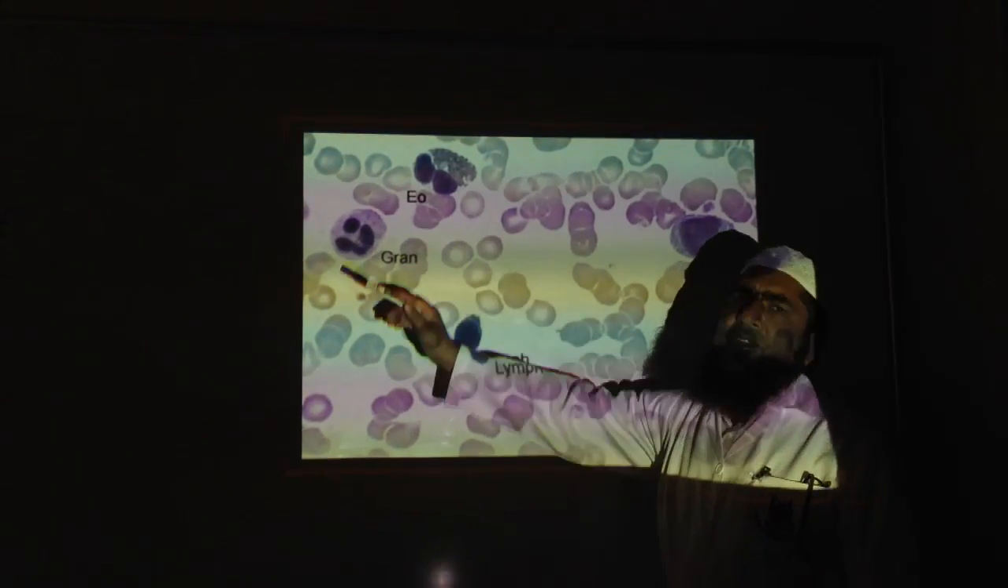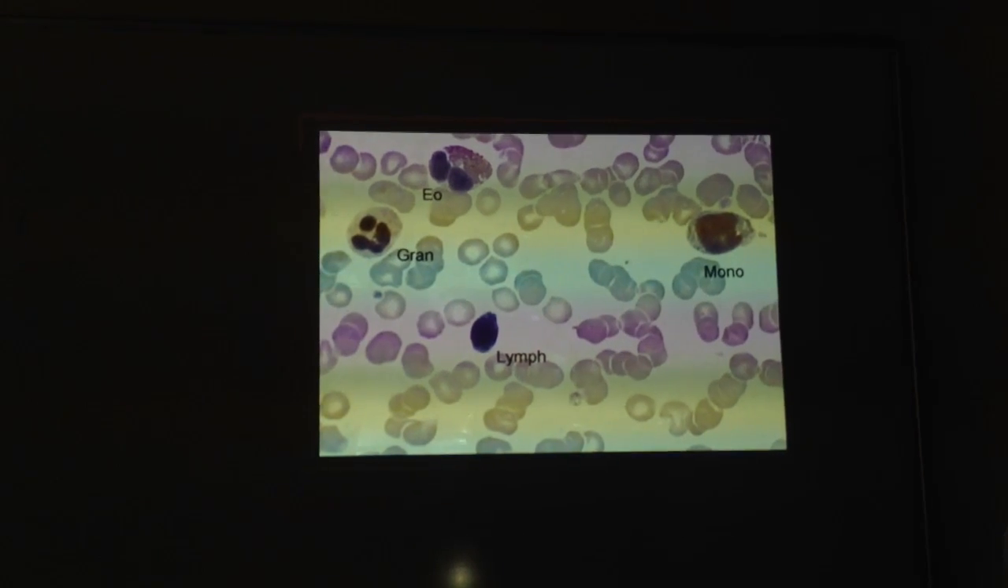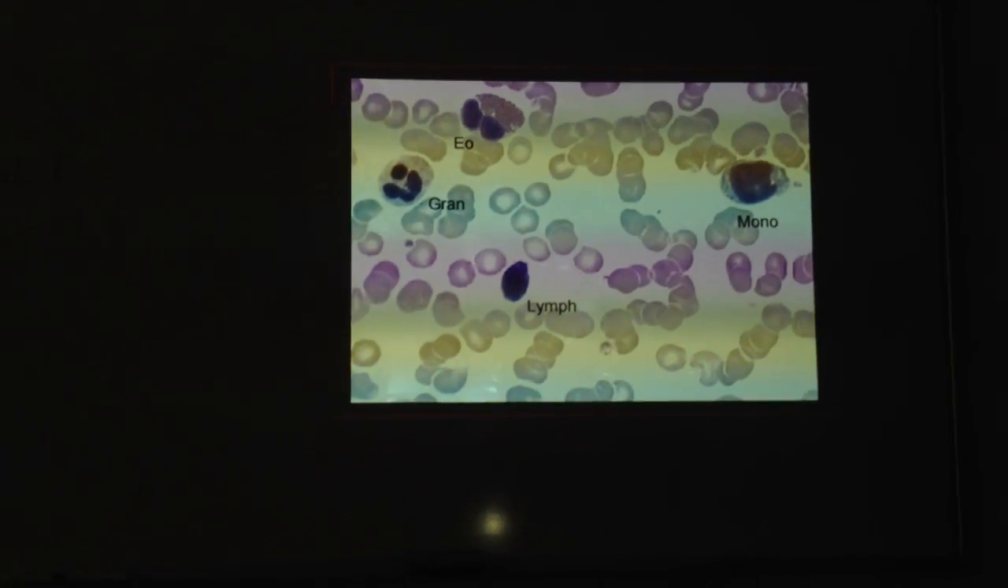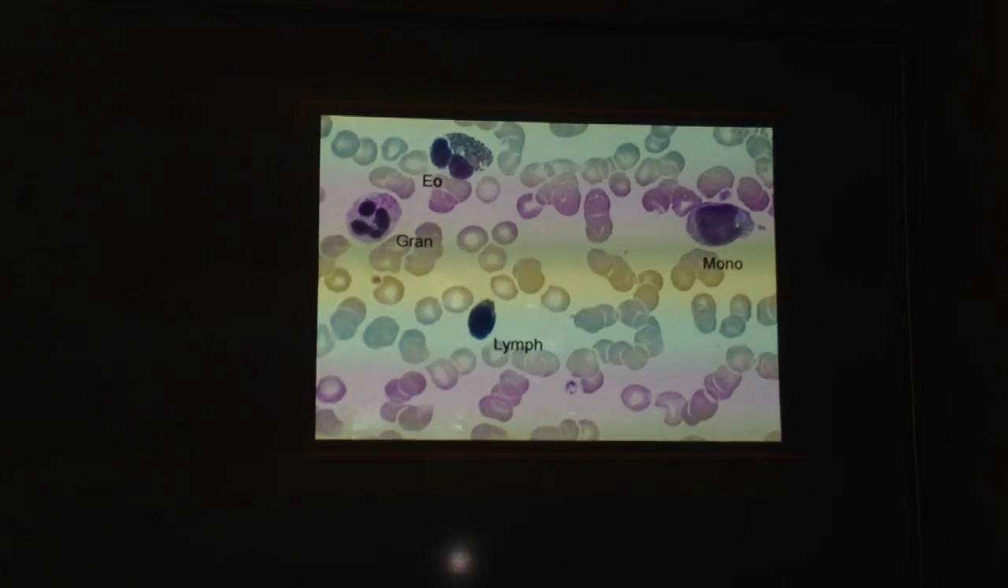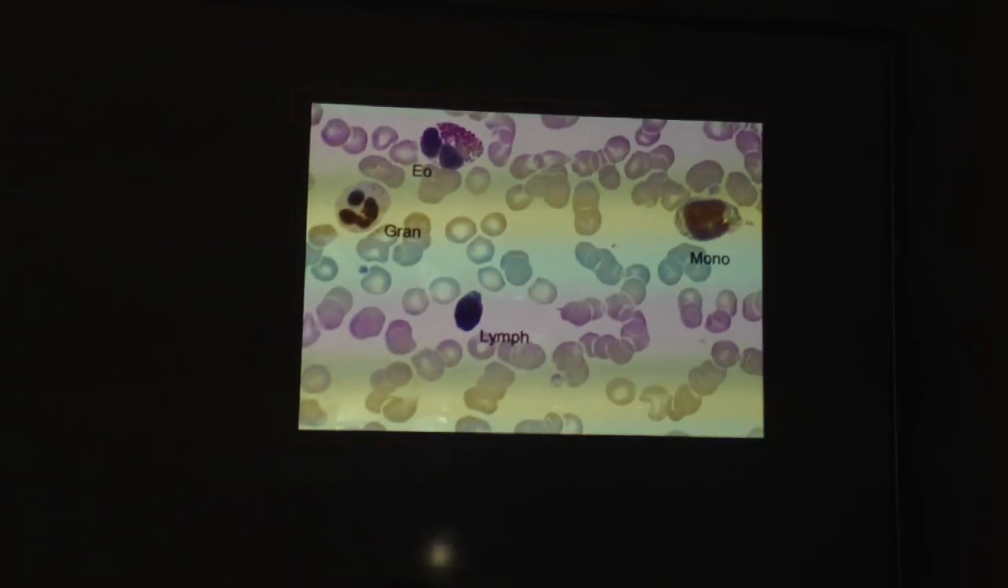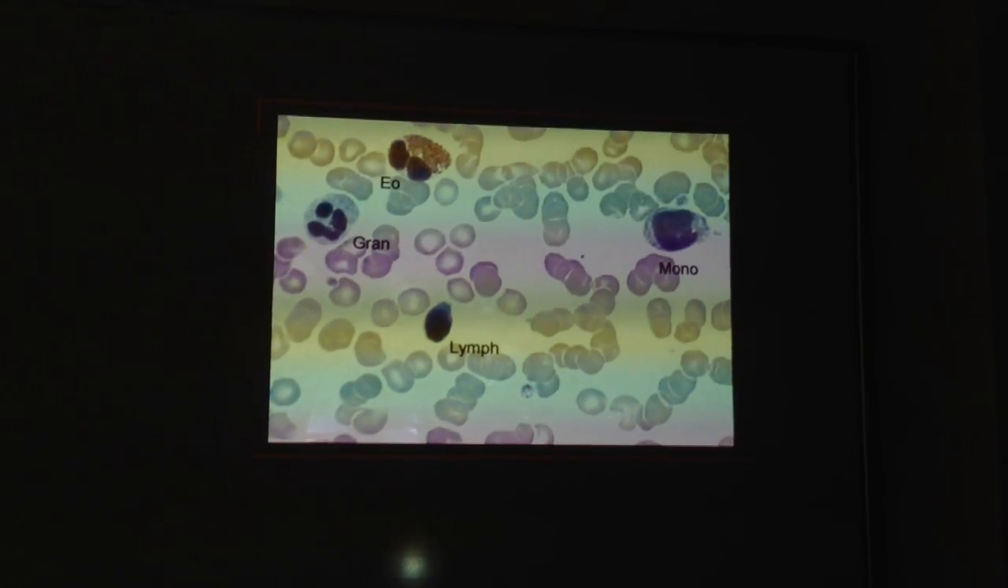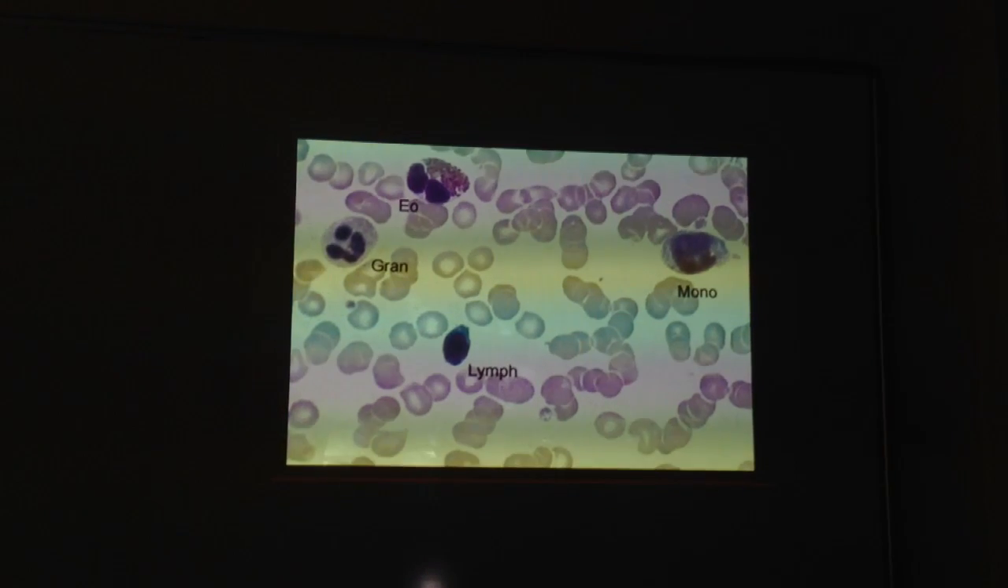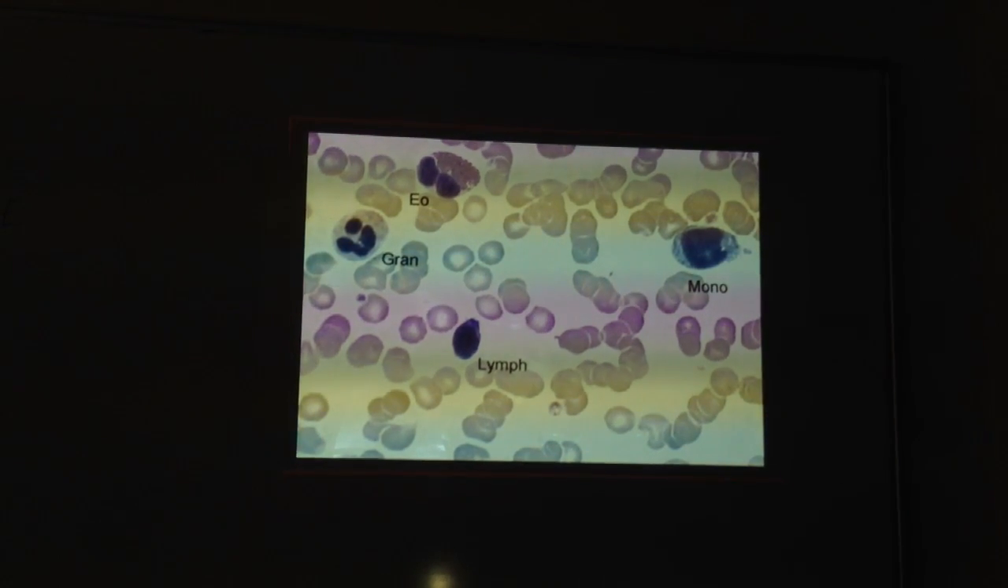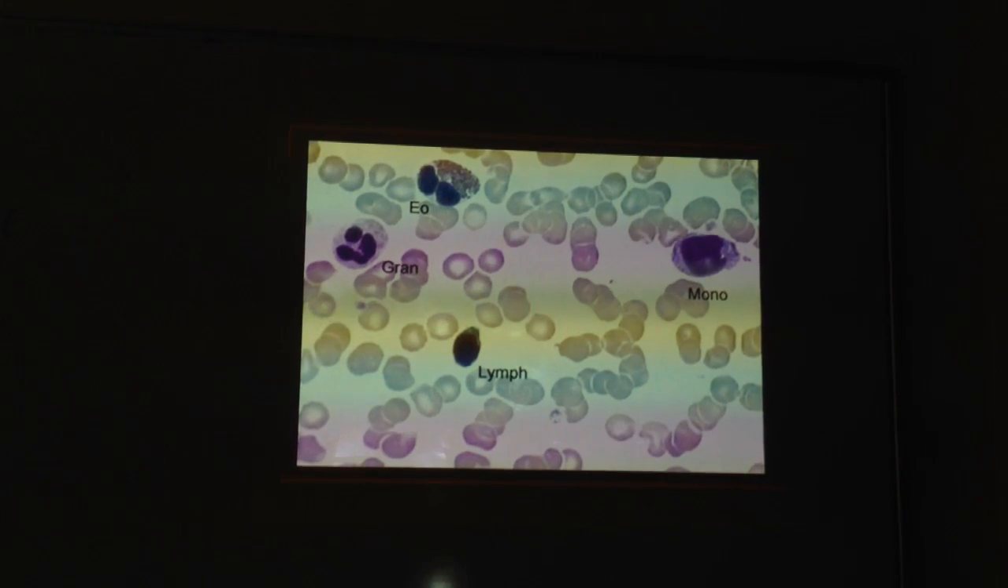What is the main difference between neutrophil and eosinophil? Yes. Granules. What is the difference in granules? Eosinophil is